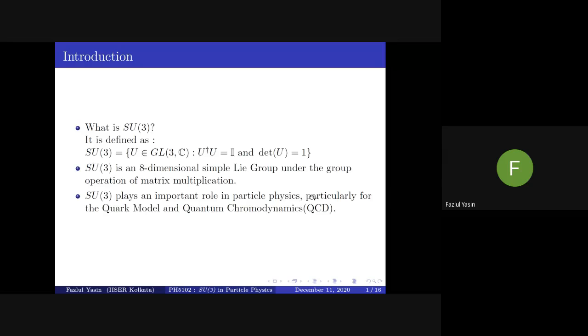SU3 plays a very important role in particle physics, particularly for the formulation of the quark model and in quantum chromodynamics, which is the theory of strong interactions. Now,